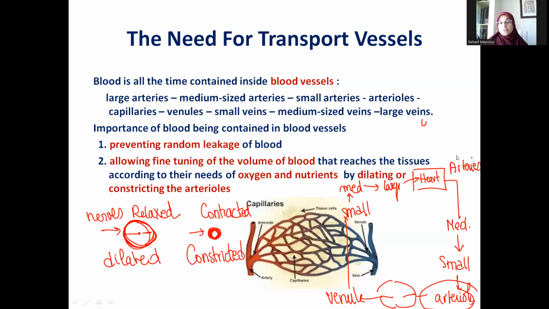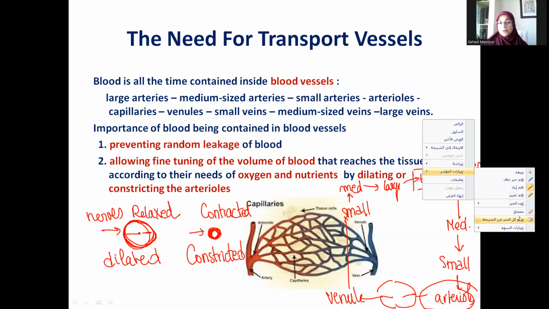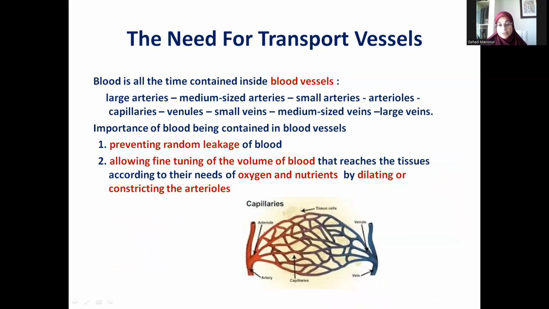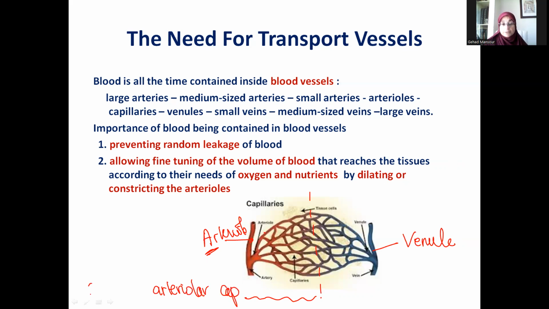What we see here, the diagram on the slide, is an arteriole. So this is an arteriole, and this is a venule. Here we have a venule, and this is the final arteriole, and in between them we have the capillary bed. And as you see, the side of the capillaries that are towards the arteriole, which are called the arteriolar capillaries, carry oxygenated blood that is rich in oxygen and that is bright red in color,